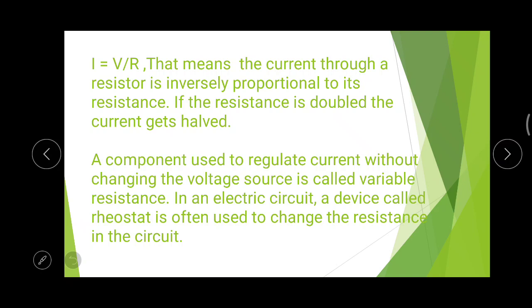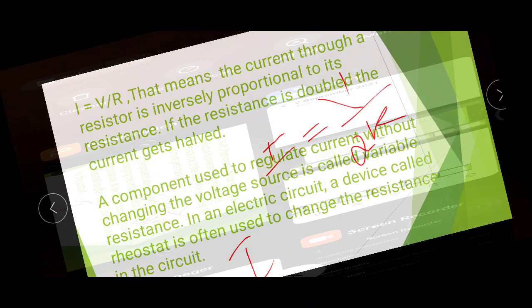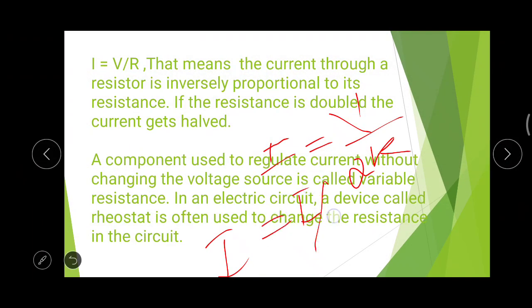Suppose I is equal to V by R is the equation. If you are increasing the resistance value to 2R, then the new current value will be I equal to V by R divided by 2. That means the earlier one was I equal to V by R. Now when you are doubling the resistance value, the new I will become I divided by 2, that is V by R by 2. Okay,